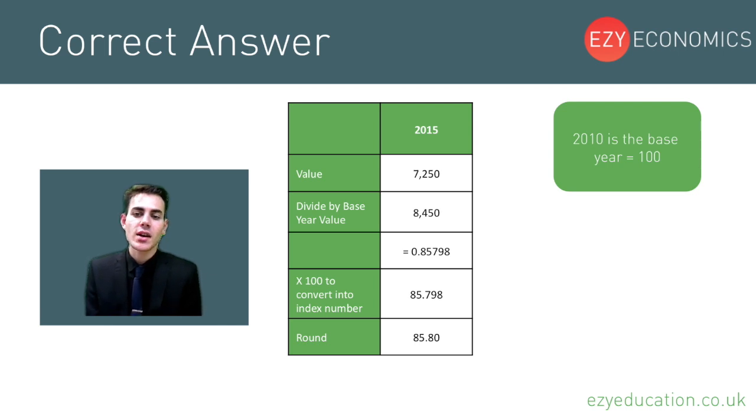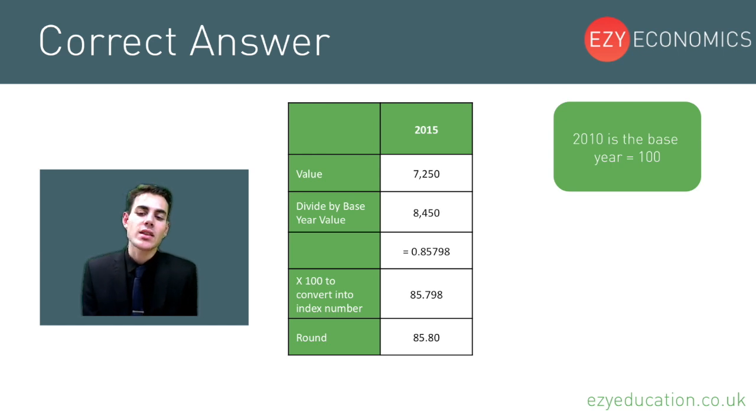So we're taking 2015 values, so the value in 2015 was 7,250. We want to divide that by the base year value of 8,450. If we do that division, we get 0.85798, multiplied by 100 to convert into an index number, which gives us